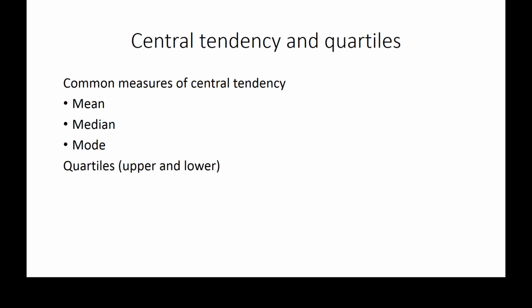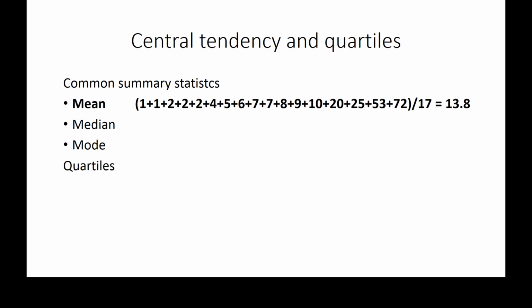A central tendency is a way to summarize a data set with one number. It has to do with what we expect if we get one observation from a sample, or if we have a lot of observations in a sample, what kind of observations do we expect to get? The most common are the mean, the median, and the mode. I will talk a bit about quartiles as well, although they measure something else, but we'll get back to that. Quartiles are related to the median, so that's why they end up here. But let's begin with the mean.